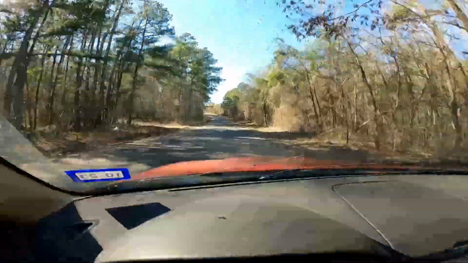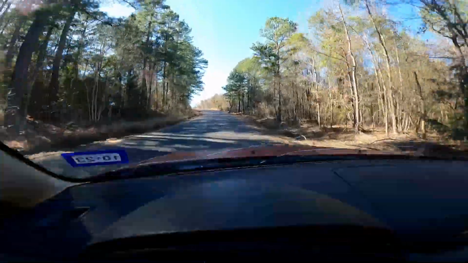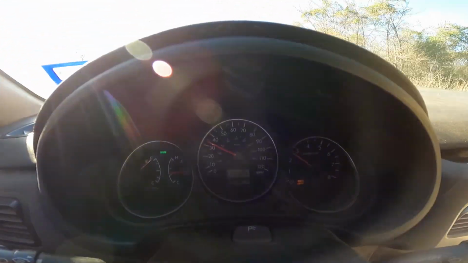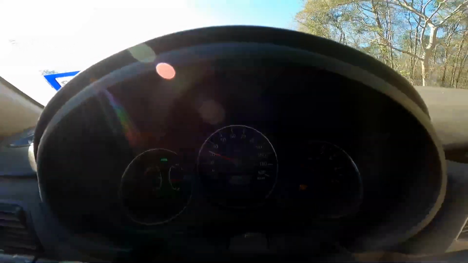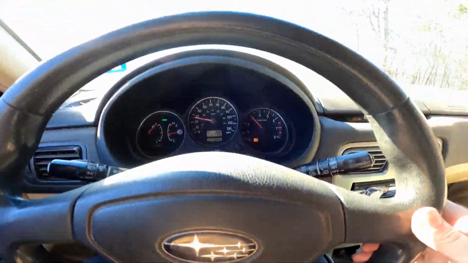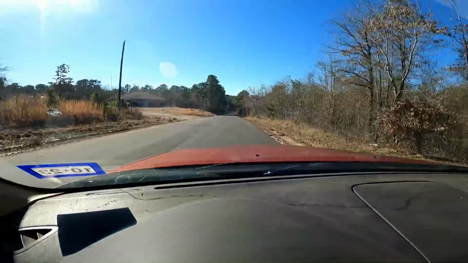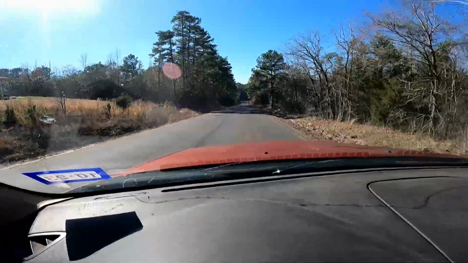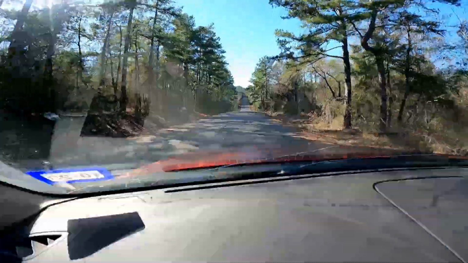Now that was all uphill. So that's essentially what you want there. That was zero restriction in the cat, just running hard, and it didn't affect anything. Now, one other thing I'm going to show you here, I've got a big hill coming up down at the bottom of this hill. So we're going down now,